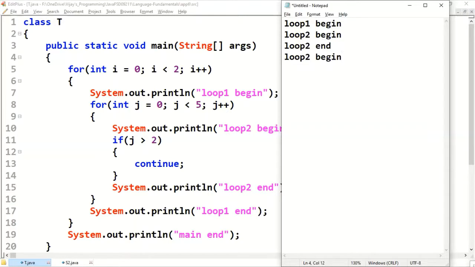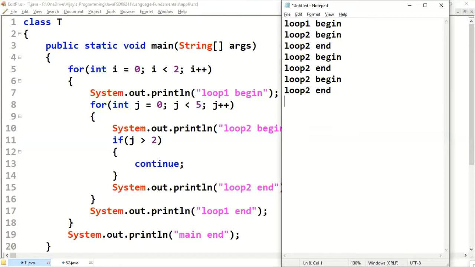No. Loop 2 end. 1 is becoming 2. 2 less than 5? Yes. Loop 2 begin. 2 greater than 2? No. Loop 2 end.